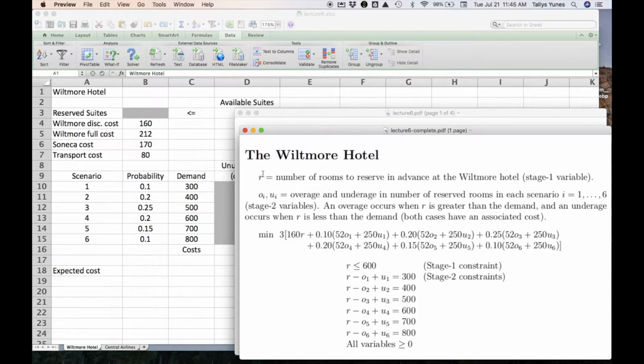Once my tomorrow materializes, and I know R, because R was my yesterday decision, and the number of people who showed up, I can tell easily, did I overbook or did I underbook? And depending on whether I overbooked or underbooked, there is an added cost besides the original cost of pre-booking suites. And the way to calculate how many I overbooked and how many I underbooked is